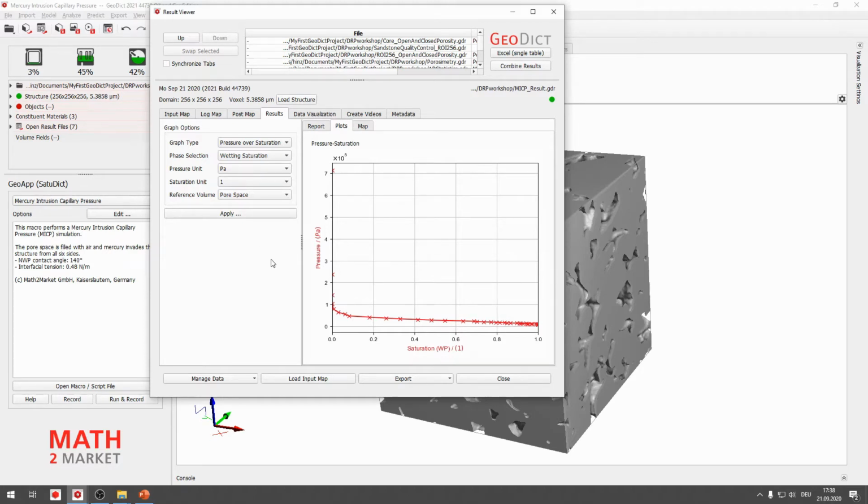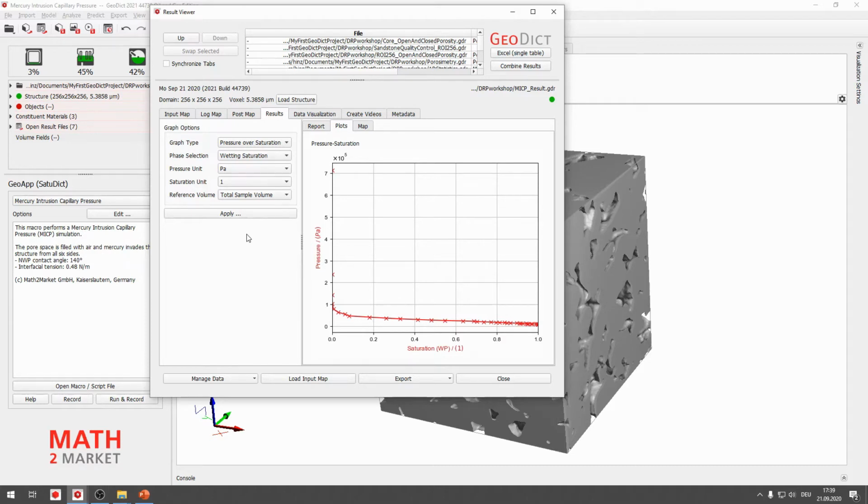So if you want to compare the digital MICP experiment with a lab experiment, then you will have to change the reference volume from pore space to total sample volume. So please change this here. And this is necessary in order to account for any unresolved porosity in your digital rock sample.